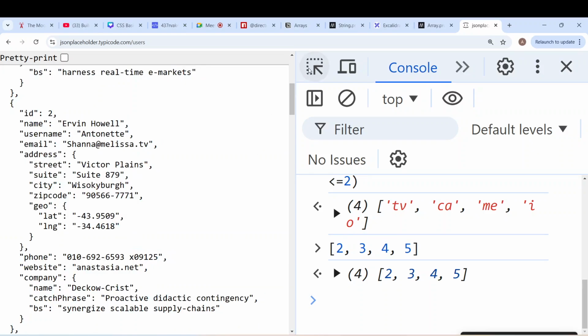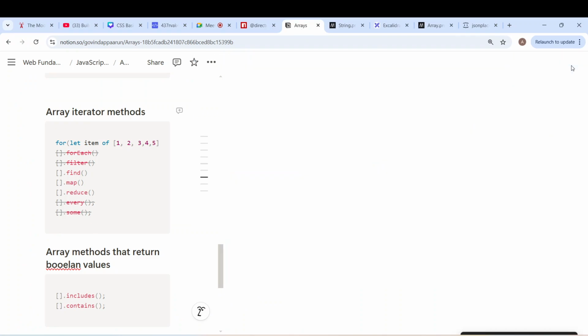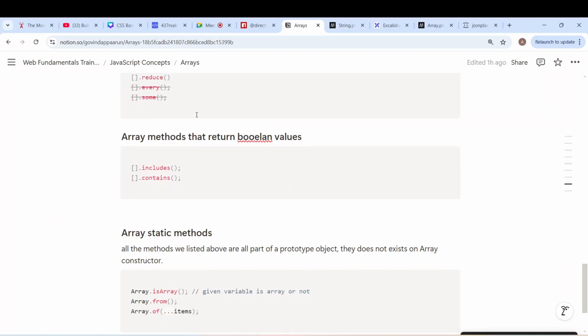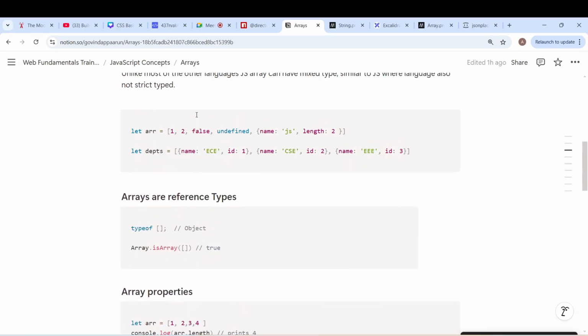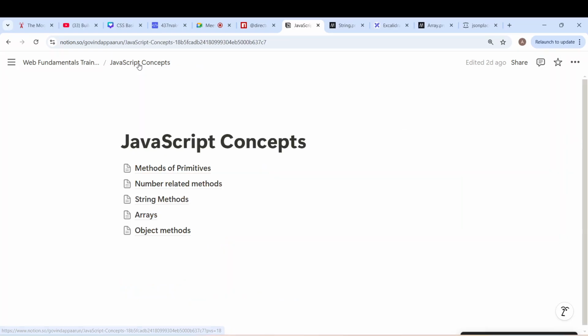Now, I think I have made my effort to cover all the array methods. I have covered what objects are. I have covered what functions are. So with this, I've touched most of the JavaScript basic concepts. Yes, there are a few more concepts which one needs to know before heading towards a framework. But I think as part of the next class, I am going to talk about React. And wherever I find